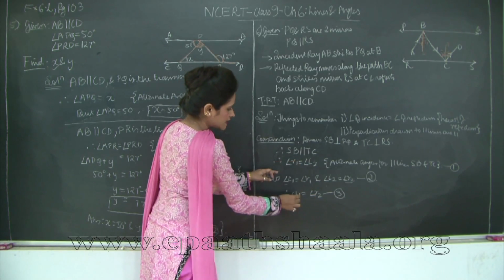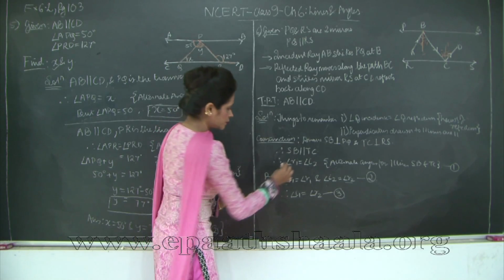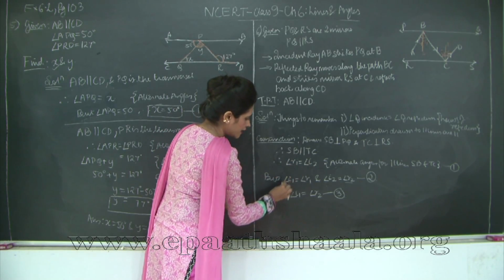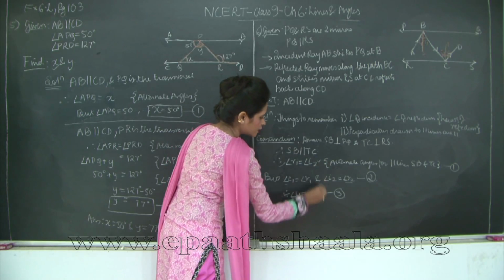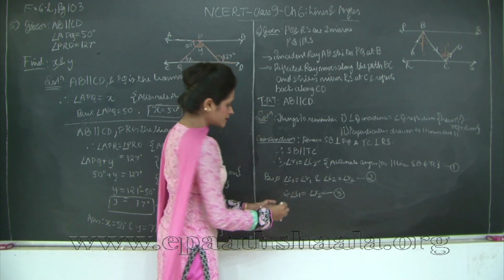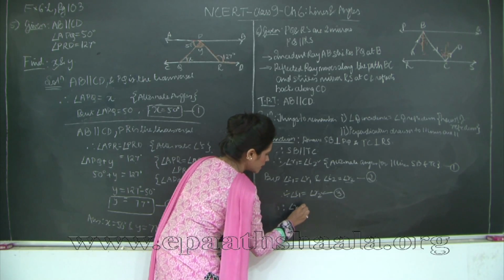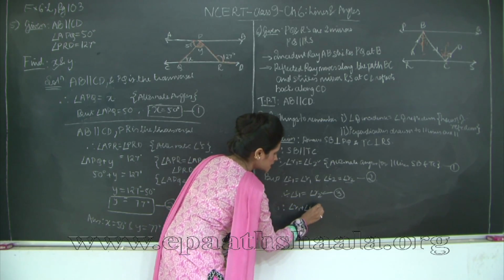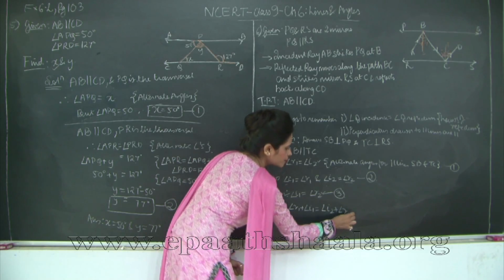So if equals are added to equals, the wholes are equal. So let's say I am adding the left hand side of this with the left hand side of this and the right hand side of this with the right hand side of this. So obviously they are going to be equal. Therefore I have angle R1 plus angle I1 is equal to angle I2 plus angle R2,